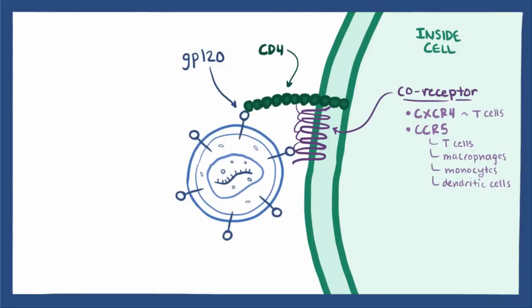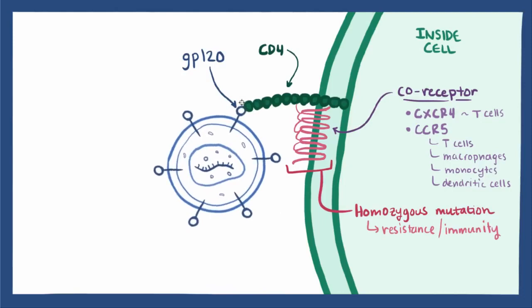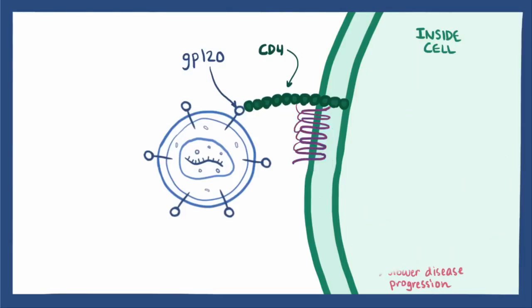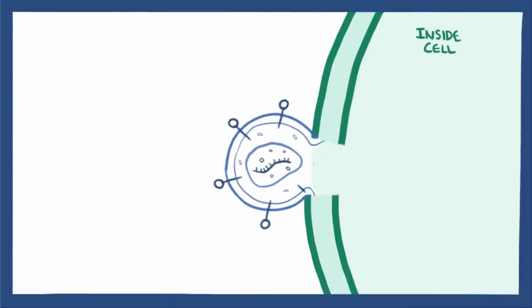These co-receptors are so important for HIV that some people with homozygous genetic mutations in their CCR5 actually have resistance or immunity to HIV, since HIV can't attach to them and get into the cell. In fact, even heterozygous mutations, which lead to fewer co-receptors on the cells, can make it harder for the virus to spread and result in a slower disease progression. For those without this mutation, though, once HIV binds to CD4 and either CCR5 or CXCR4, it gains access into